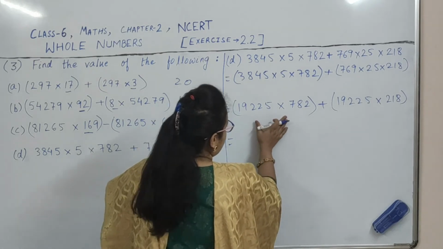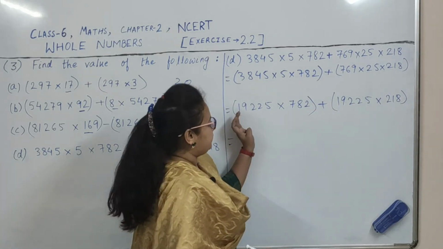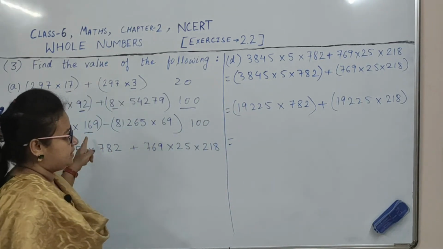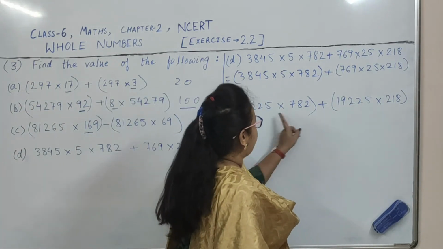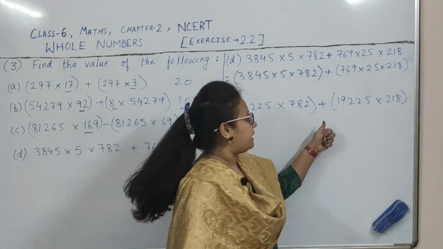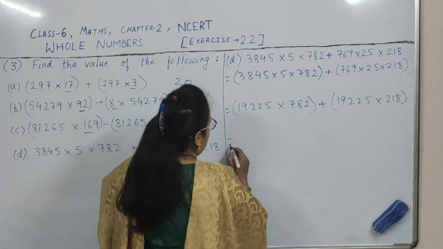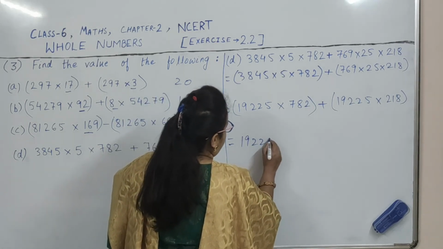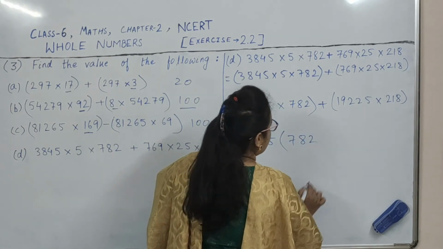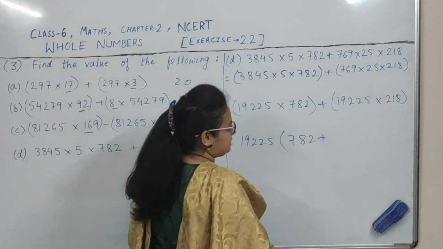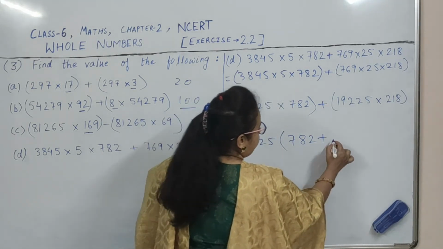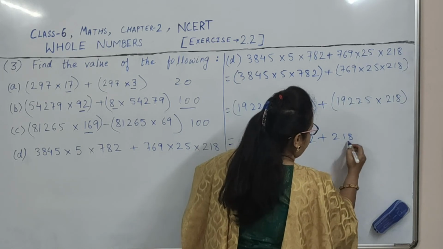Now what is common in these two? See, we got these two terms which have two numbers and two numbers like the previous questions, and this one is common for both the terms, because this number is present in both the terms separated by a plus sign. So we will take this number out as a common. Now what remains inside the first bracket? 782. Plus sign is there, so we will give a plus sign. What remains inside the second bracket? Because this one is taken out as a common, in the second term, this one will remain.